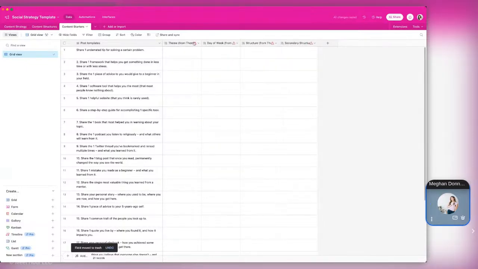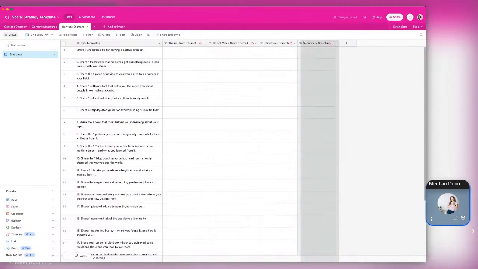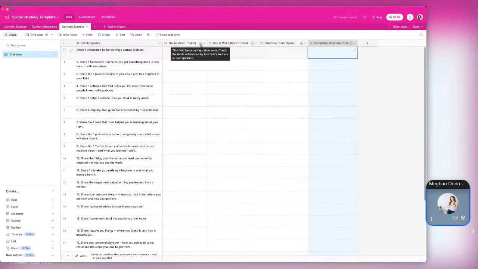So you can add all 4 in, and now even though it says that it's, for heaven's sakes, see how it says configuration error right here? Check the fields referenced by this field's formula or configuration. So what you do,